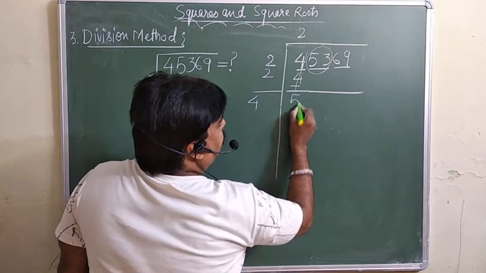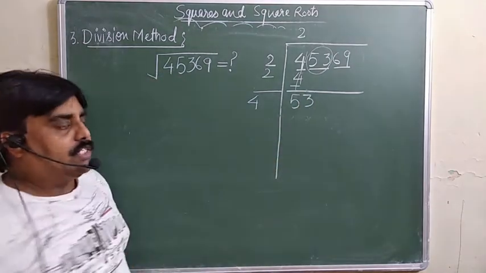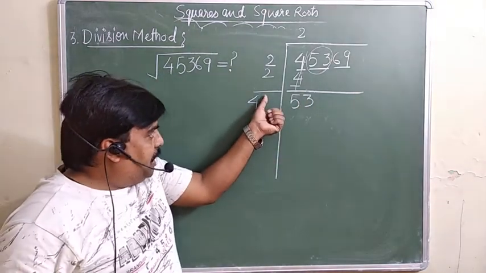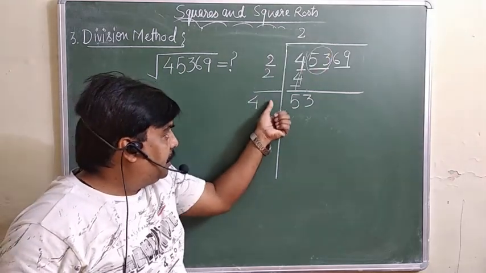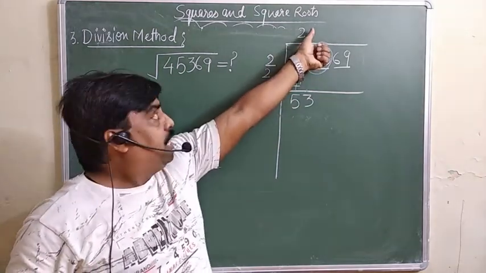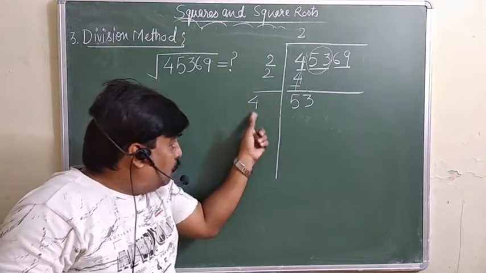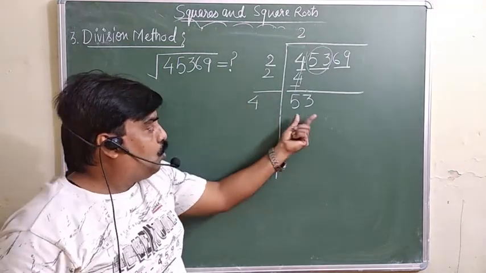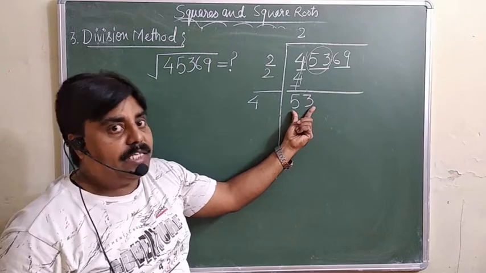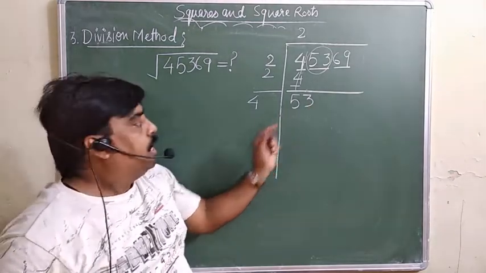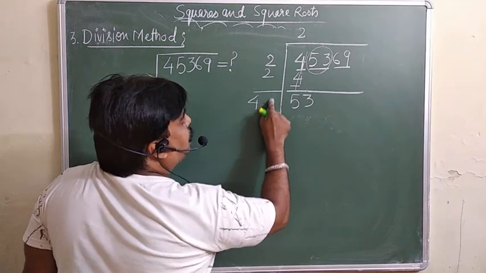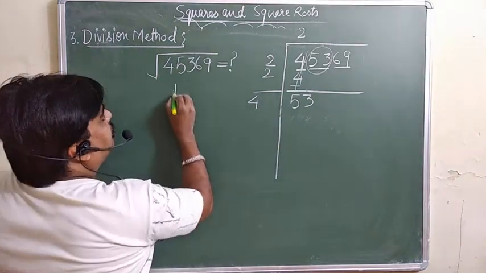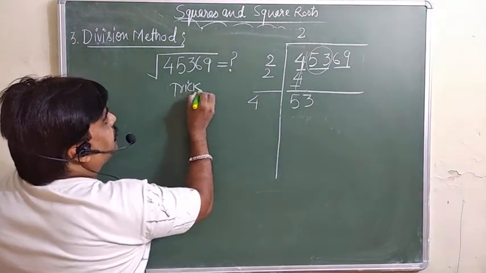So 53 is here. Now the next step is we will write any one digit here. Same digit we will write here. जो यहाँ digit लिखेंगे, same digit we will write here. And by this digit we will multiply this whole number, and the product should be equal to this number or less than. It should not be more than that. So now the question is, what digit should come here? यहाँ क्या digit आनी चाहिए? How do we come to know? So there is a trick, by which we can get that number.